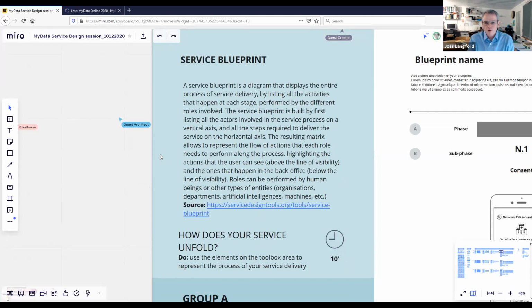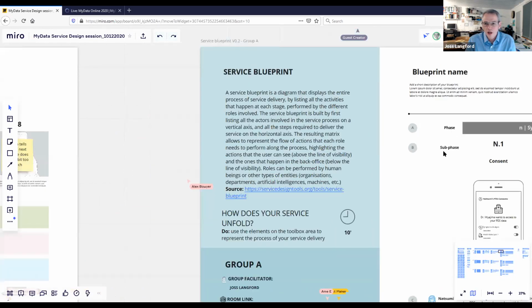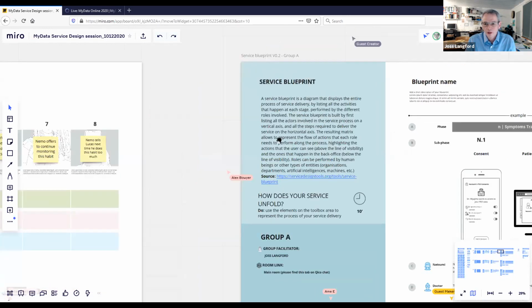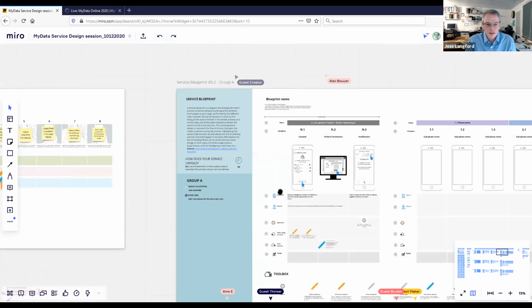So quite often what you'll see in the phraseology is that the top line of the service journey then has a back room that sits below it. And that's a very important tool within general service design. So we're picking up the things that they can see, the line of visibility. And you can see the line of visibility in the previous work that we've done. So the line of visibility is this interface